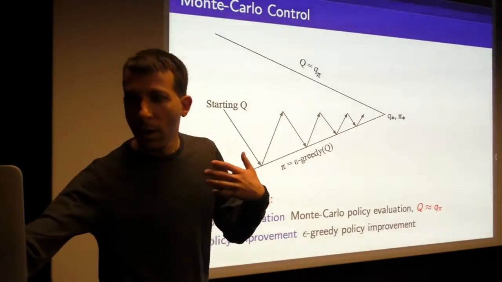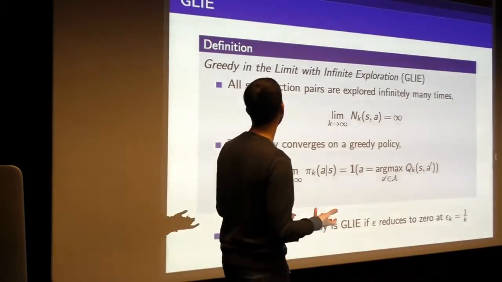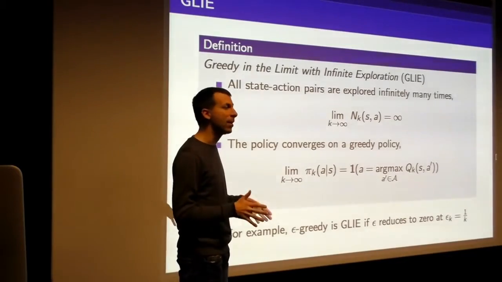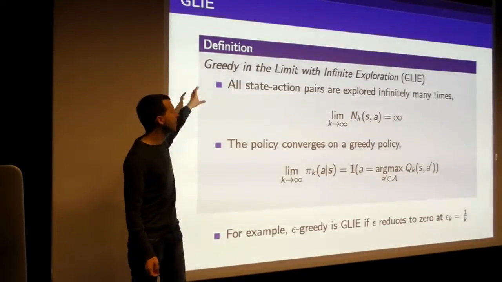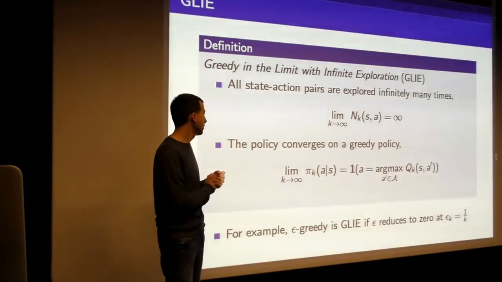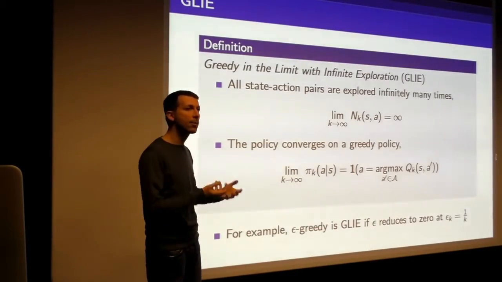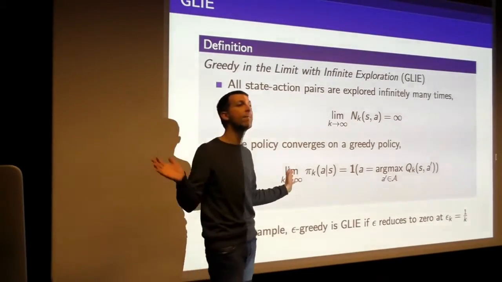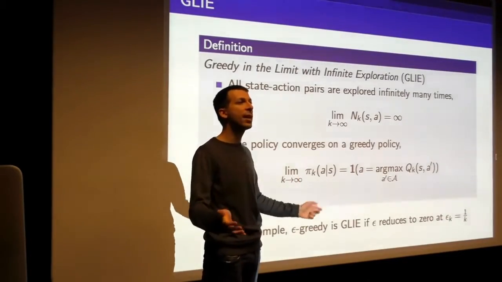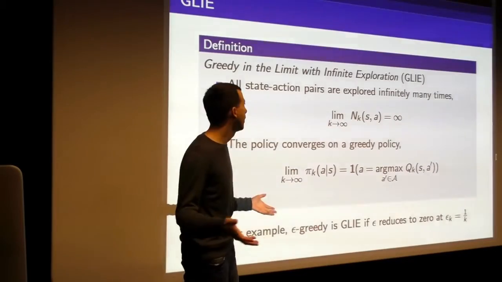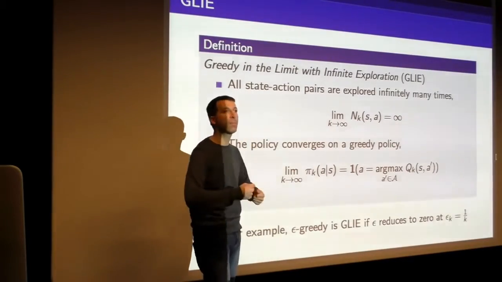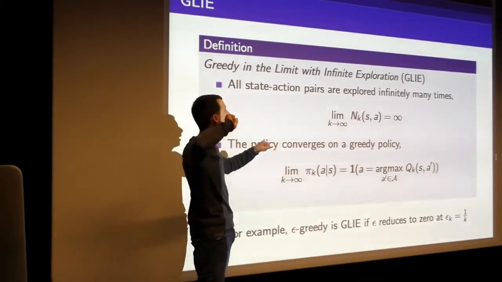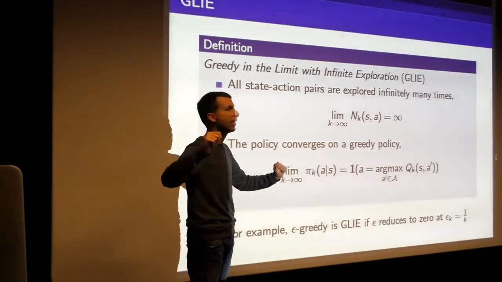One idea for balancing those two factors is called GLIE, greedy in the limit with infinite exploration. The idea of GLIE is basically to come up with any schedule, if you like, for exploration, such that two conditions are met. The first condition is that you continue to explore everything, that all states and all actions are visited infinitely often. That guarantees that you never miss out on anything. Every part of the state space will be seen, and every action from every part of the state space will be tried.